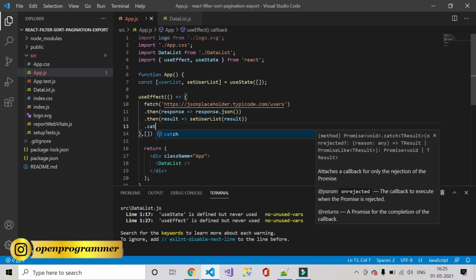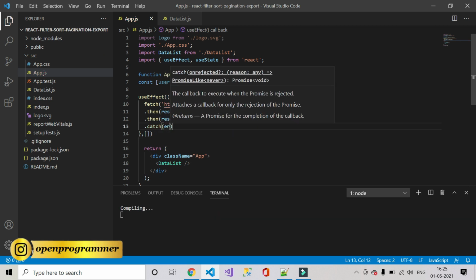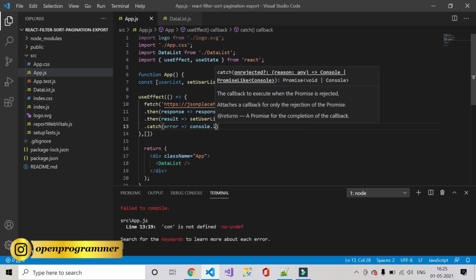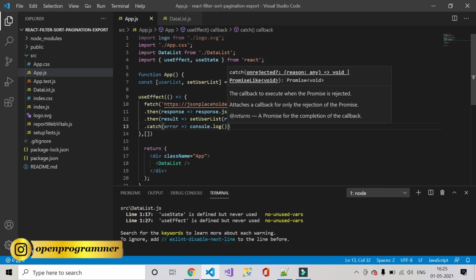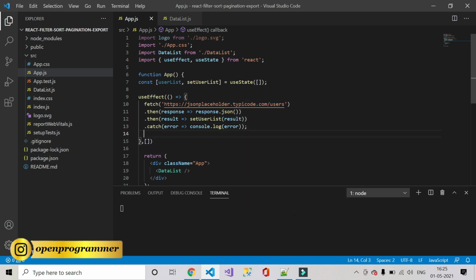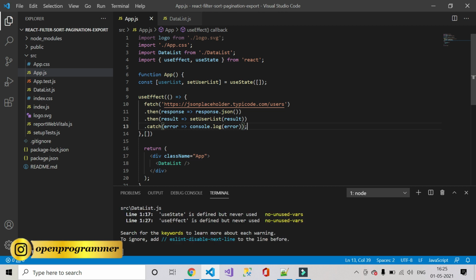And finally, if there is an error, so let's console it, console.log error. So we are done with our useEffect.